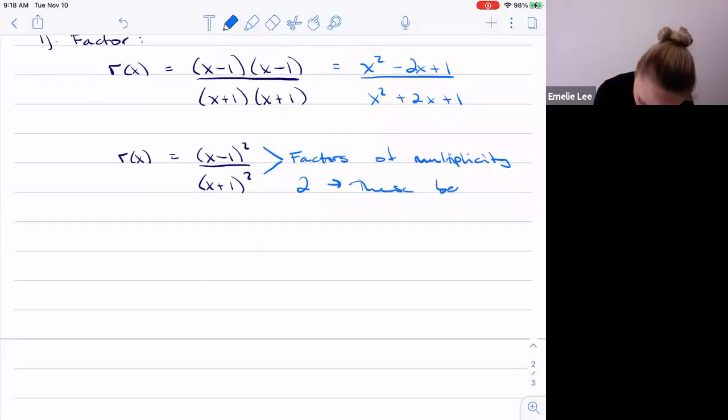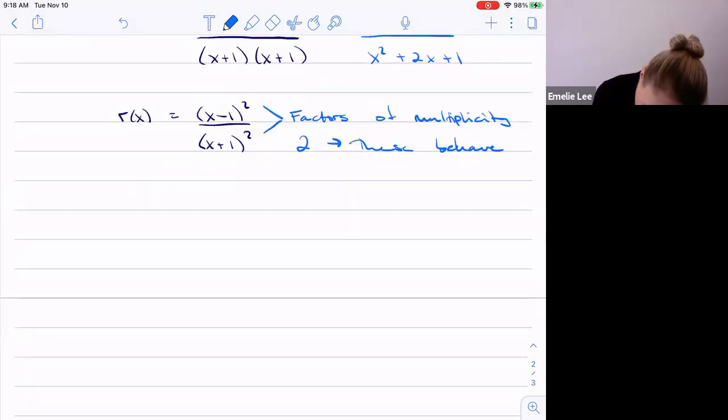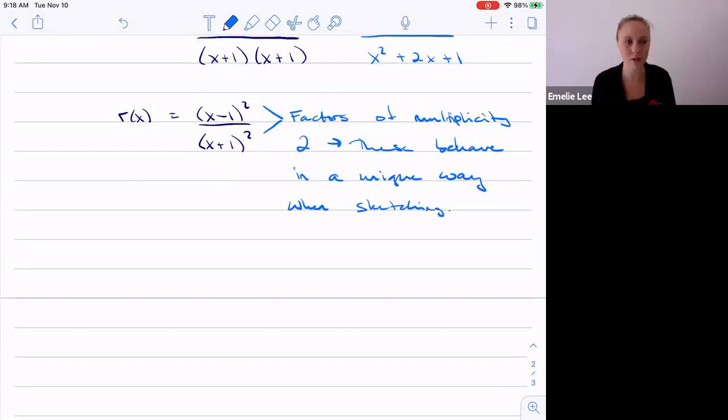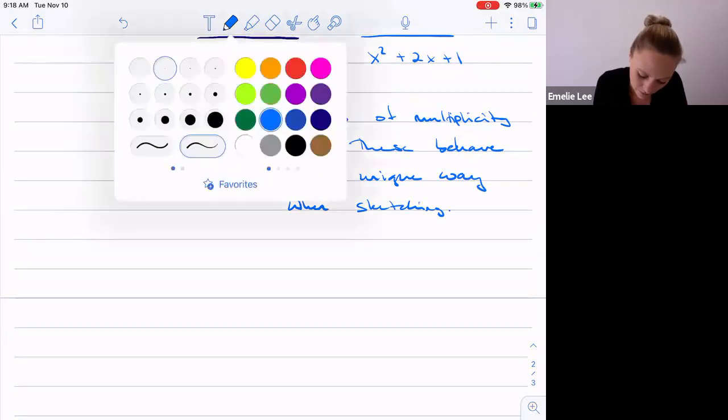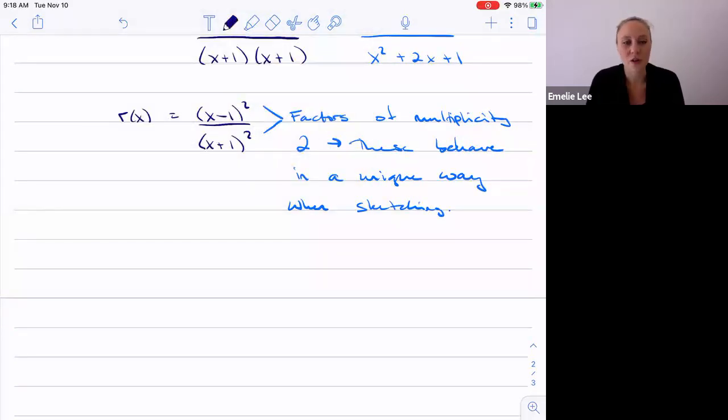These behave slightly differently than regular factors. These behave in a unique way when sketching. Okay, so just kind of stay tuned. I'll bring it up when we need it, when we're sketching. But until then, we can just go ahead and